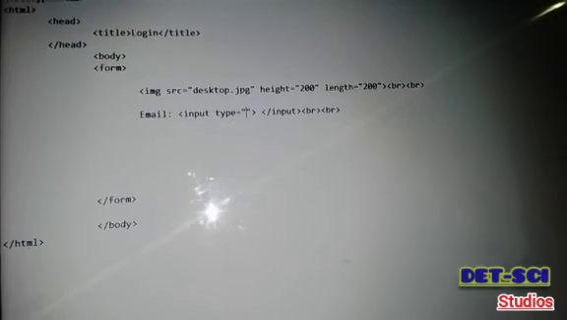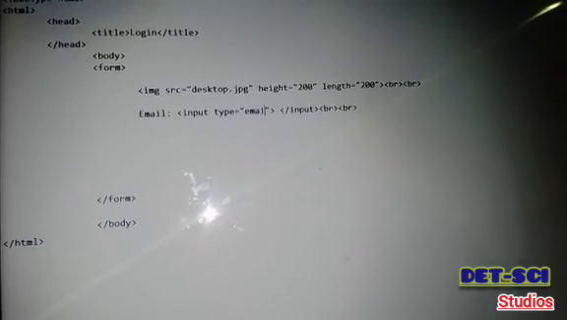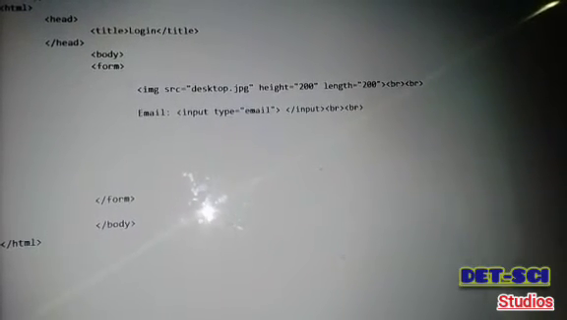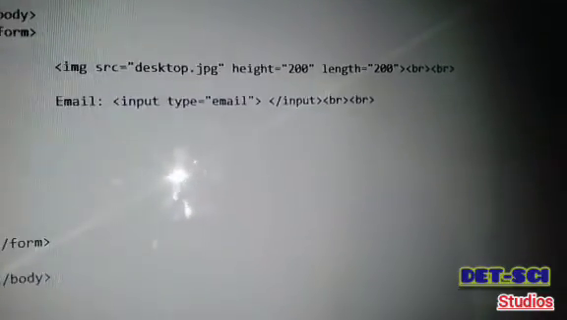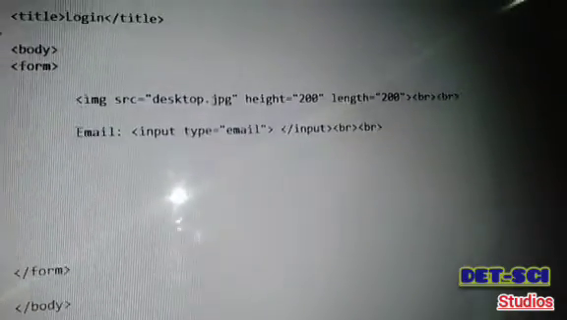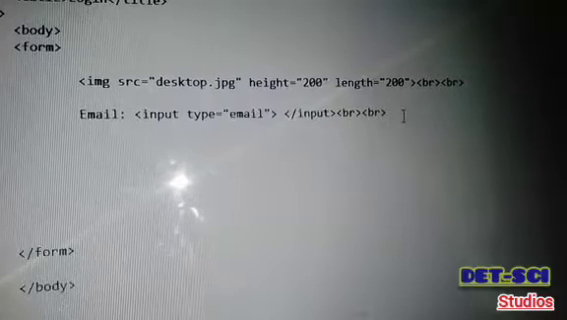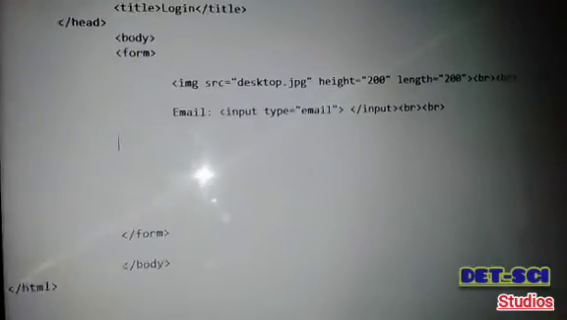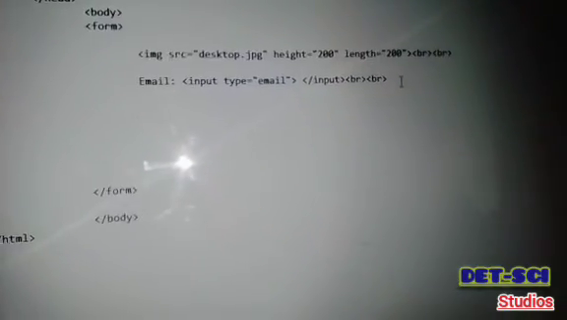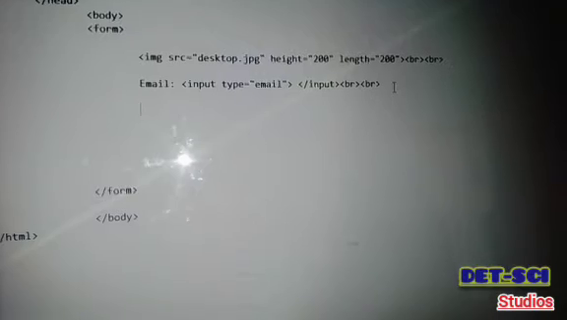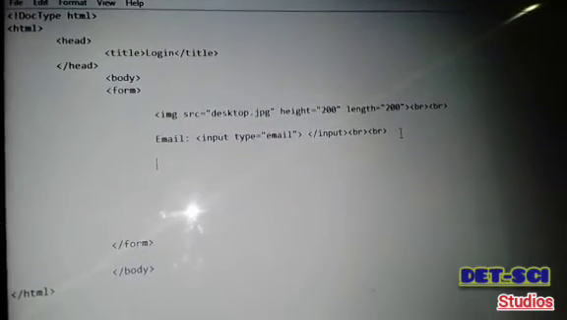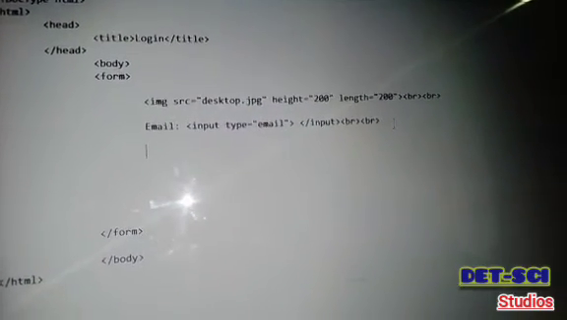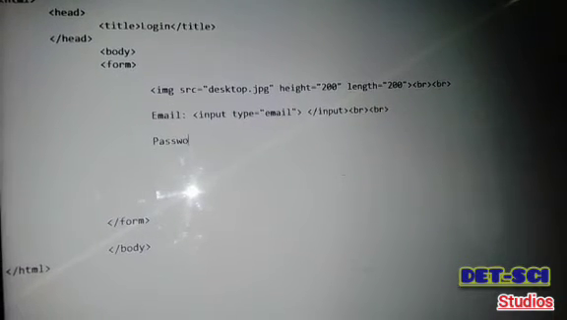So since it's an email, we can even write email in there instead of text. We can write email so that by the time you enter the email address, if you leave out that @ sign, the one which you use for emails, it will tell you that you have to put the @ sign. And then we're going to need an email address, and then we're going to need a password. So you write password